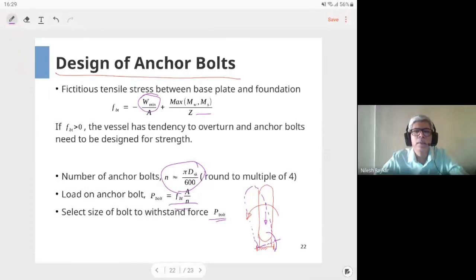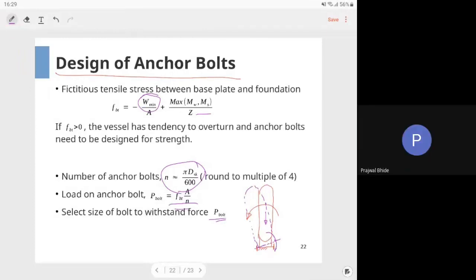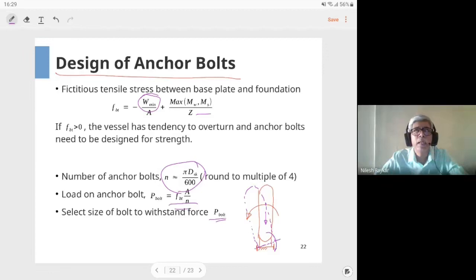Yes. Hello, sir. Wind pressure decreases with increase in altitude. So why do we take maximum load at the topmost point in the vessel? Wind load. If I said that, then it is wrong. The correct statement is that the wind load increases with the altitude. The higher you go, there is more wind velocity, and there is more wind pressure. Sorry if I said it the other way around.